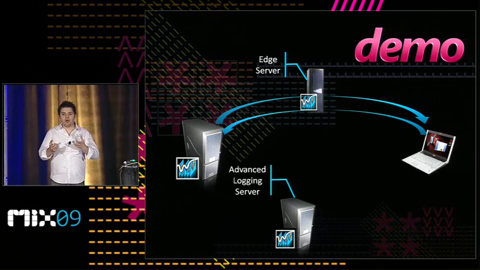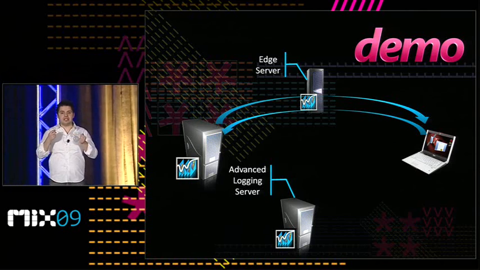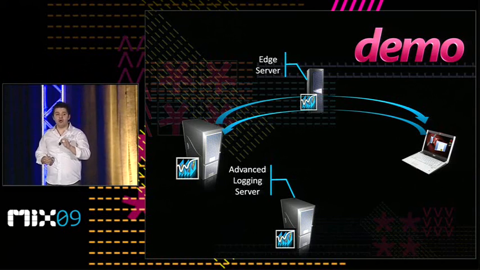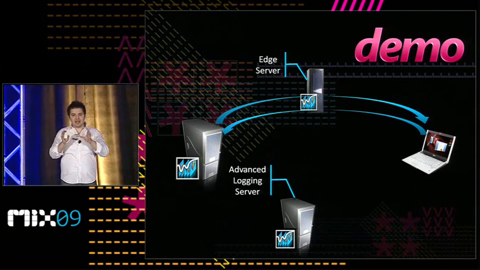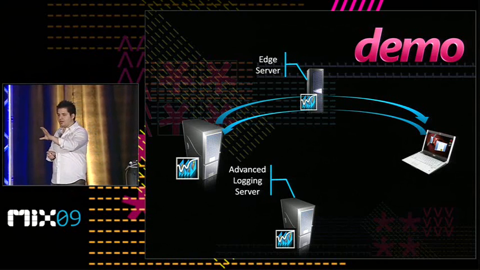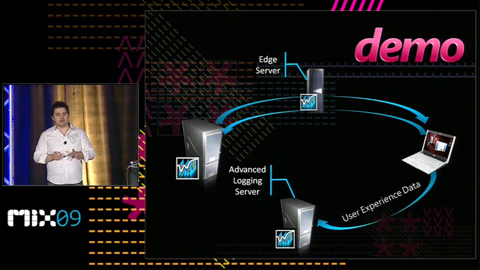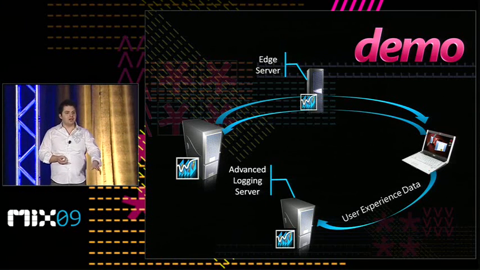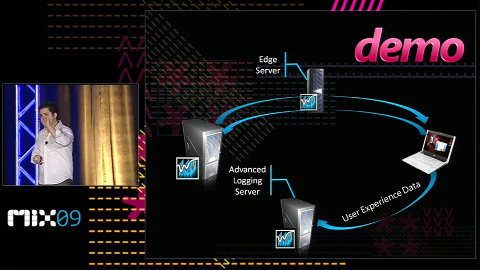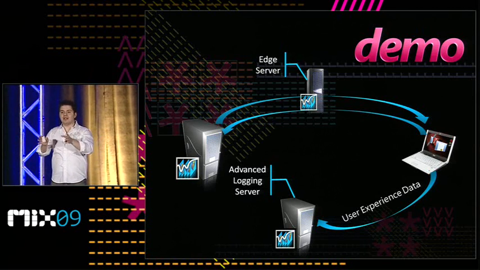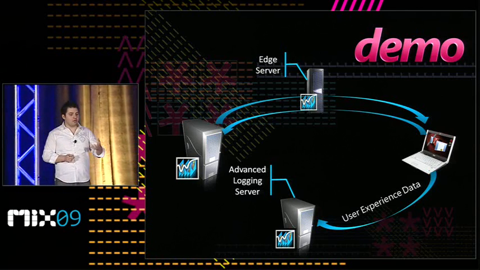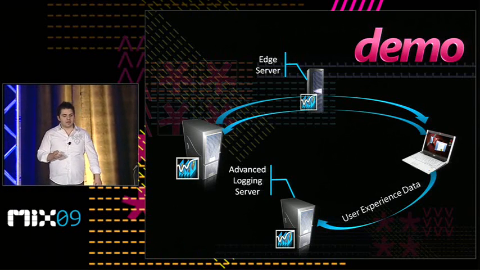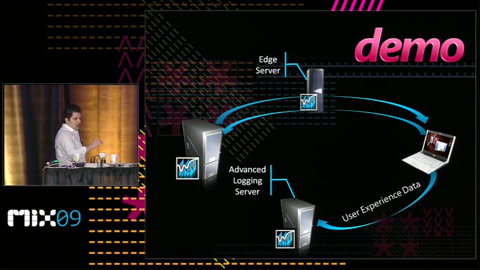And then, because now the traffic can come from multiple places, we need to be able to track the users. And we need to be able to track where they have gone and what they did and how good their experience was. So we're going to take that client data amassed on this PC you see on the right-hand side and send it to yet another server. And what this server does is it collects logs. So regardless of whether your content came from the origin server, from the edge server, or from your browser cache, it doesn't matter. The client reports the experience back to the server. Now, of course, and you will actually see this today, you can combine these various roles into one server. So without further ado, let's take a look at what this looks like